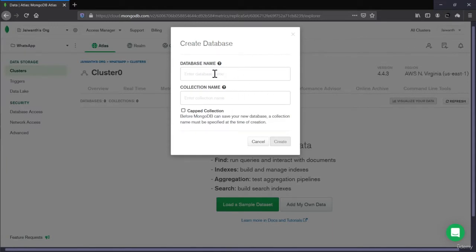Once you click on that, you'll get these two things. The first one is the database name, and the second one is the collection name. As I showed you in the previous video, the database name that I will be using is called bakery. You can name it whatever you want, but I'll be using bakery. Coming to the collection name, we'll be using two collections: the first one for users and the second one for orders. Initially, let's just type in users and then we'll add orders manually. Just click on create,